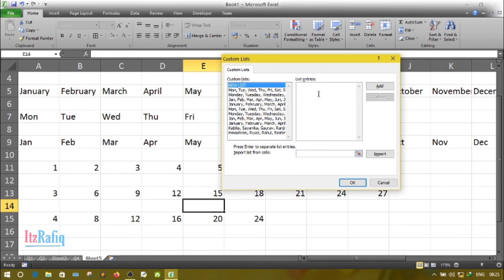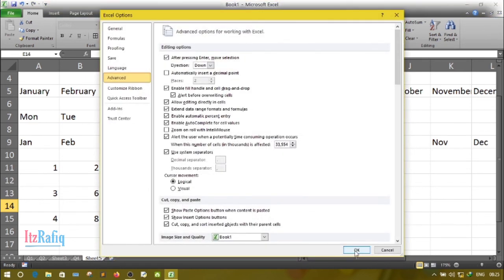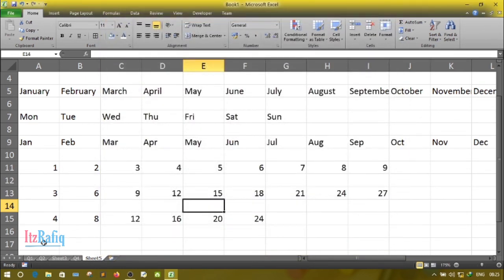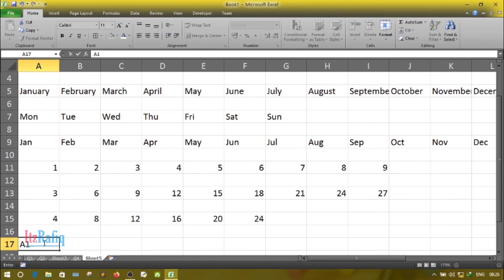Suppose I need the list of grades like A1, A2, these all. So first I will write A1, A2, B1, B2, C1, C2, D, F. After writing the names, click on Add and OK, again OK, and to create this series just write A1 and drag it.